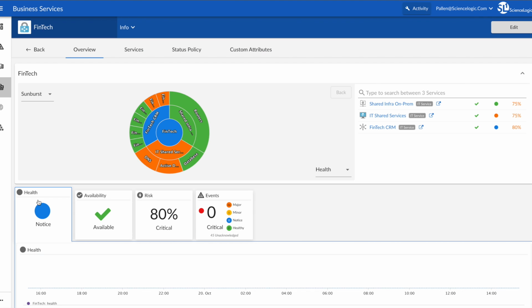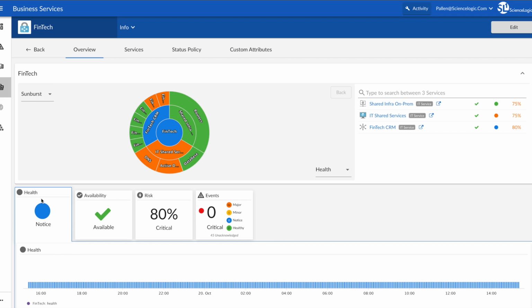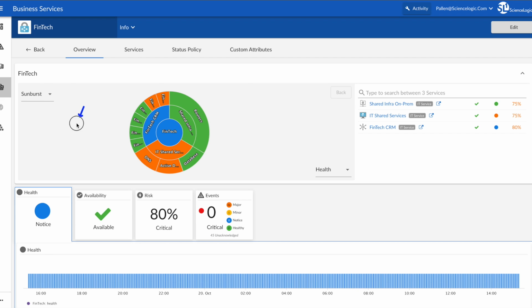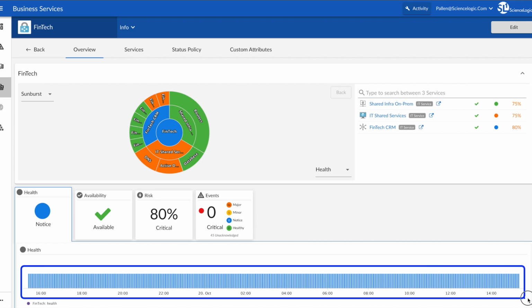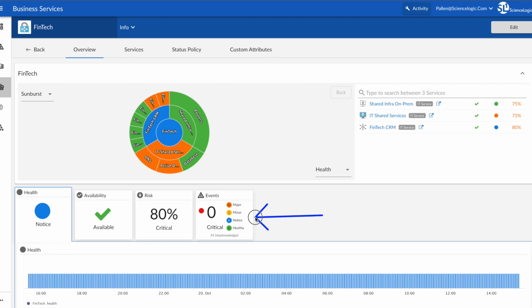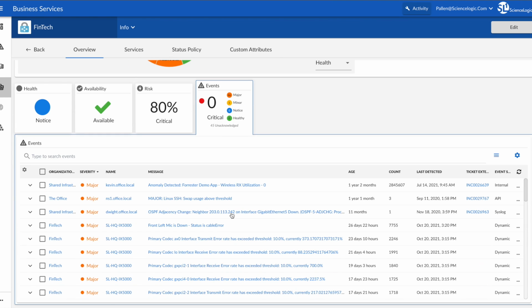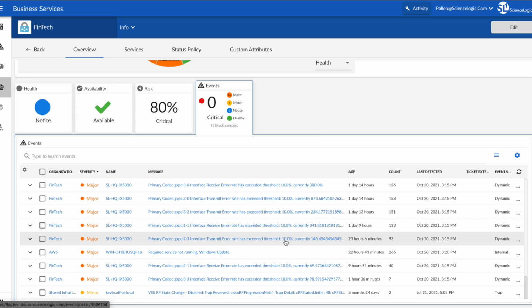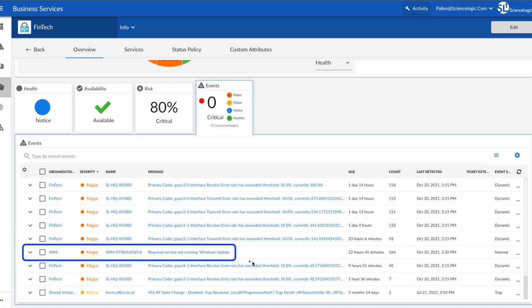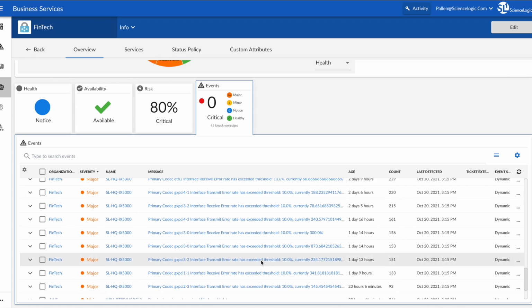a service into the behavioral correlation screen where we can see the history across time for the previous 24 hours of risk, health, and availability for the business service and all of the components inside of that service. You'll also see that we can select a view of all of the events active on only those devices and sub-services in this business service. From this screen, if we find a device that is having a problem of some sort, we can filter in